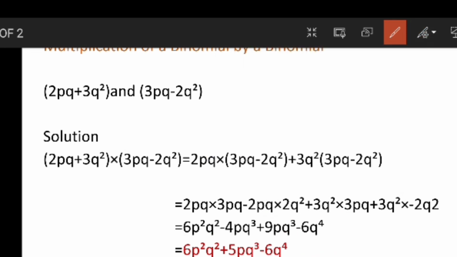I think you understood how we have to multiply. If two binomials are given, we have to multiply each term in the first part with the second part. But don't get confused while multiplying. If they are like terms, as we have done in the example, if two terms have the same variable, we have to consider them as like terms, and we can subtract or add both the terms.